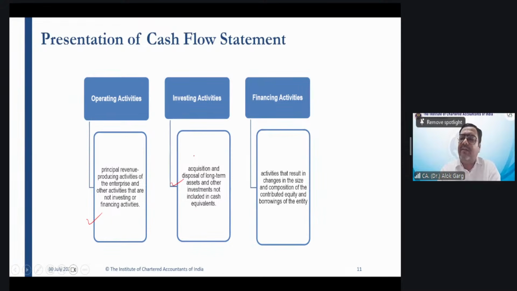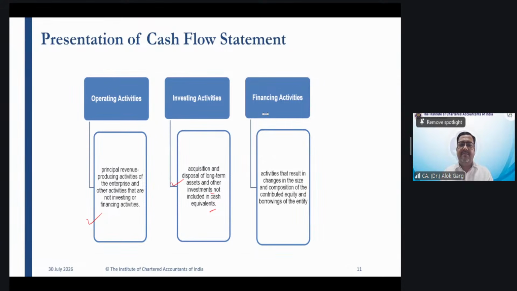So first, in operating activity, what will be covered? Your revenue, your expenses, right? All the operational expenses, salary, rent, everything is part of operating activity. Revenue from operation, part of operating activity. Taxes paid, part of operating activity, right? So investing activity, acquisition and disposal of long-term assets and other investment not included in cash and cash equivalent, right? So if you have deposited in fixed deposit of a bank for 2 years, whether this fixed deposit will be part of cash and cash equivalent or part of investing activity,